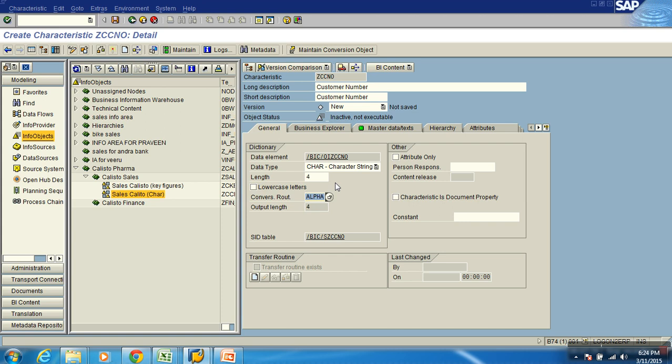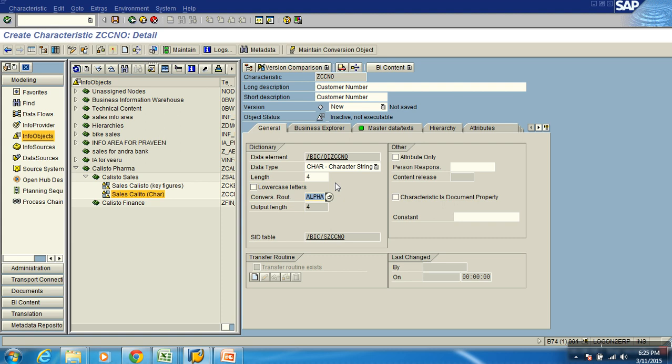Then there is something called the conversion routine. Very, very important. The concept is important, but you don't really take care of it. The system takes care of that actually. Now look at this. In BW, we have transformations, which take care of transforming the data coming into BW. Those are the transformations we build as per the requirement, custom transformations. Apart from the normal transformations, SAP also has some transformations performed automatically in the backend. One example is ALPHA.